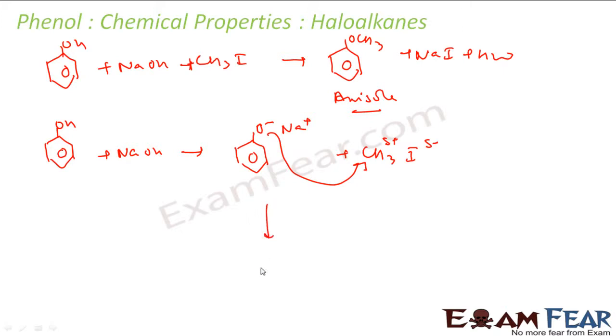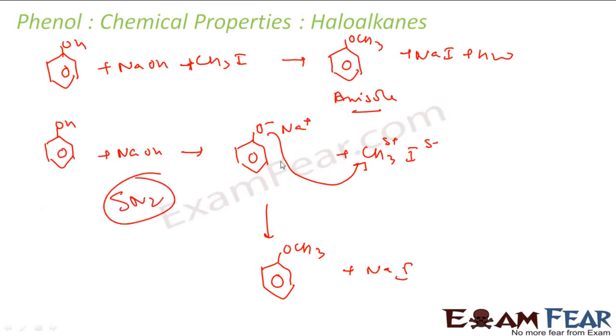So with this, you get something like this, OCH3 plus NaI. And this is my anisole. This is my SN2 reaction. Correct? Because this is my